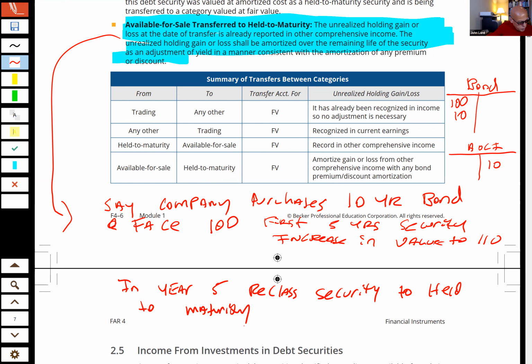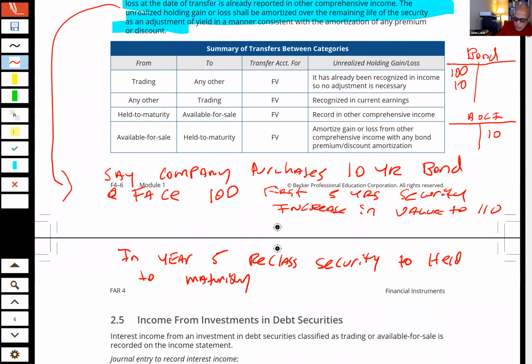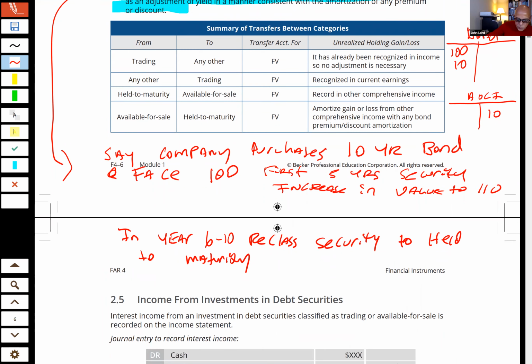Well, what they would do, and they would do this in years now 6, I said in year 5, year 6, 7, 8, 9, 10. So I guess it'd be year 6. Okay, so for the first 5 years, it increased 10. And then in year 6 through 10, the last 5 years, okay, then what they would do, well, in year